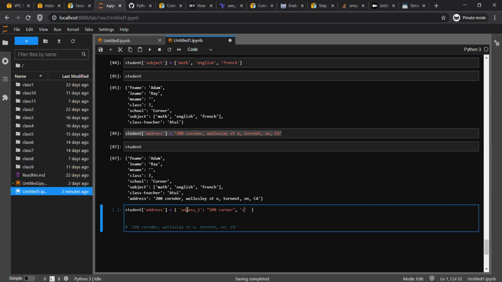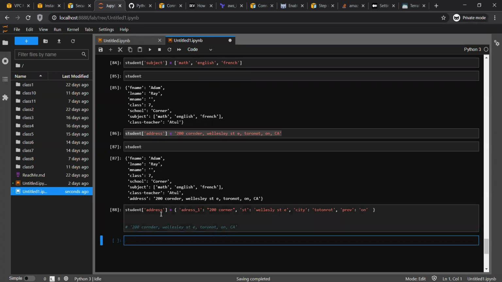Then street colon, that will be Wellesley Street East. Then city, that will be Toronto. And province, ON. Okay, ignore my spelling mistakes. Suppose this is done.